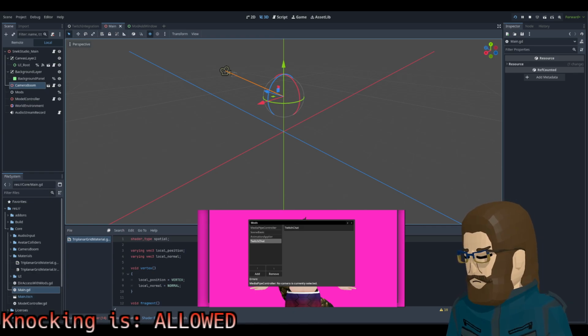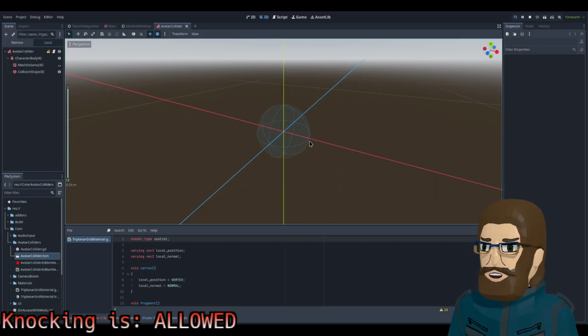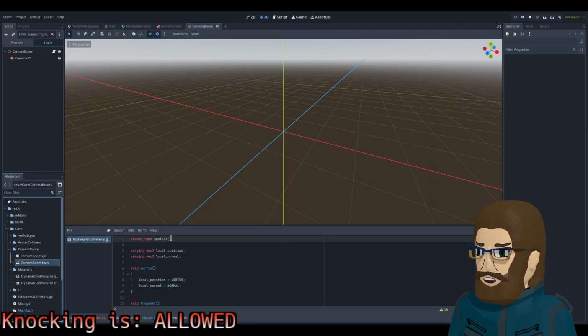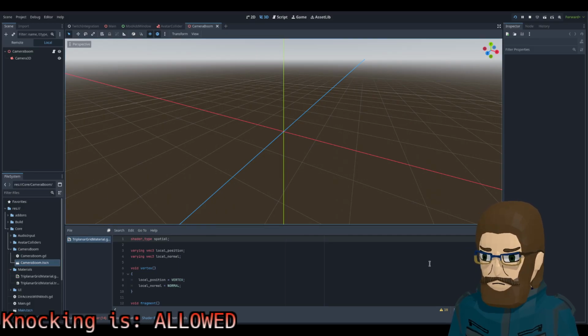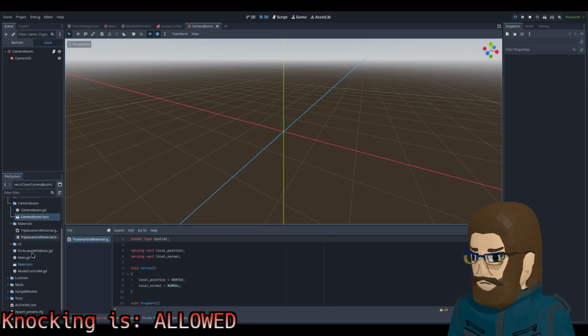Sorry, let me actually close the guy. Audio avatar. You're not a scene though. That's for a collider, so we don't care about the colliders. Camera. Does that send that down here? Wait a minute. Am I dumb?